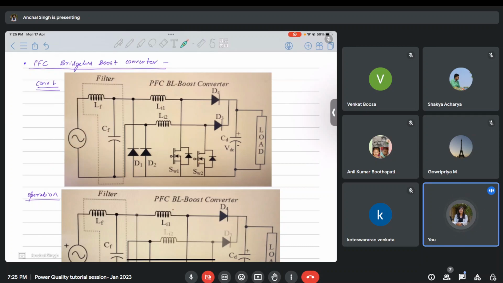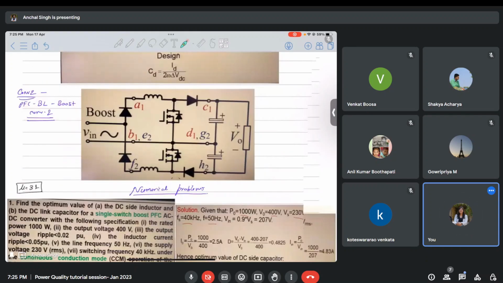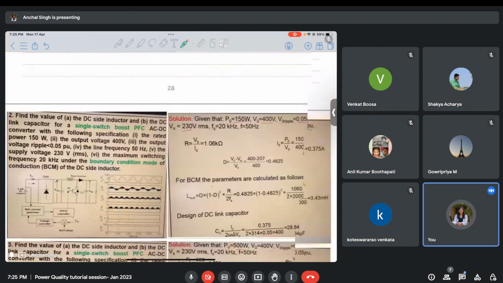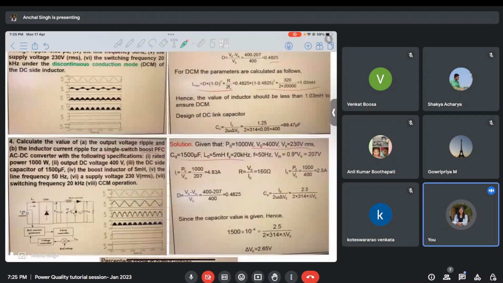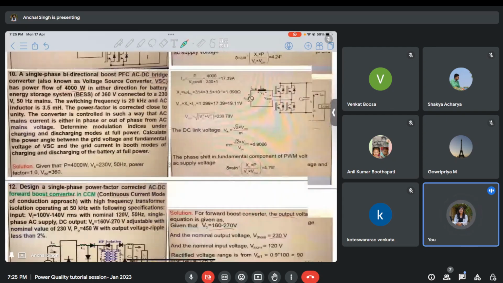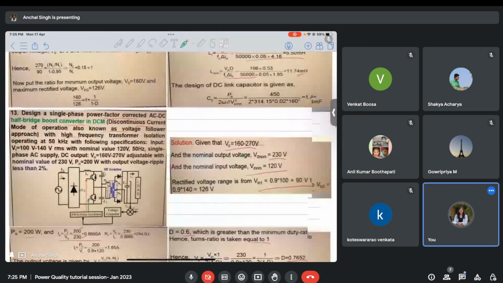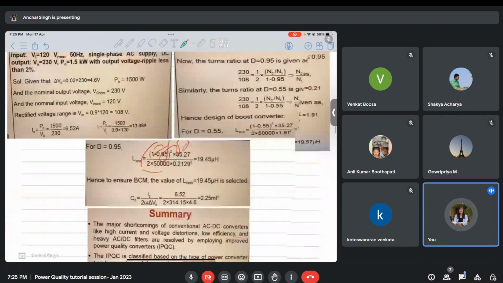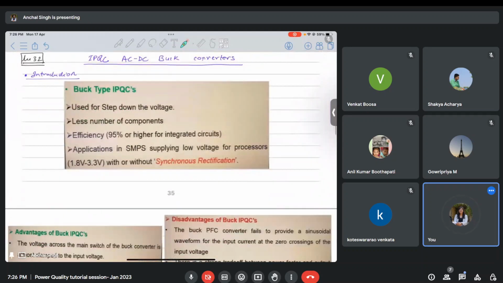So there are again a lot of topologies available. This is one topology. This is another topology available. A lot of topologies are presented in the lectures, and the same equations are used for deriving and solving the numericals that are present in the lectures. You can practice them, you can simulate them, then you will get a better understanding. And the most important thing to do is try to analyze them and derive these design equations. If you do the same analysis for most of the converters, then you will be able to understand these systems better.